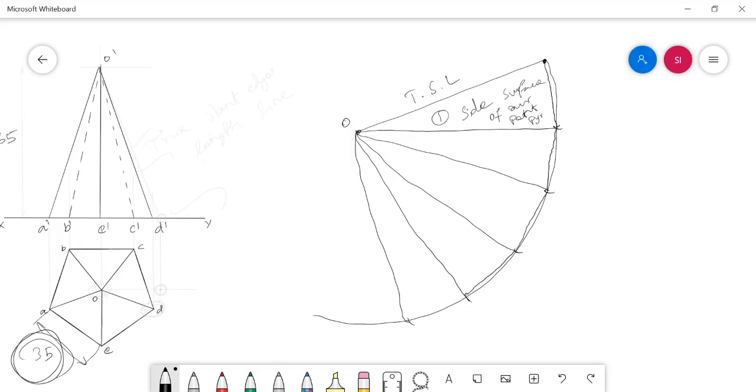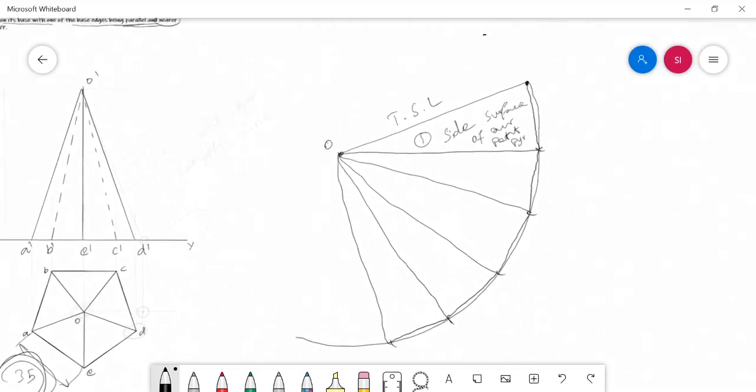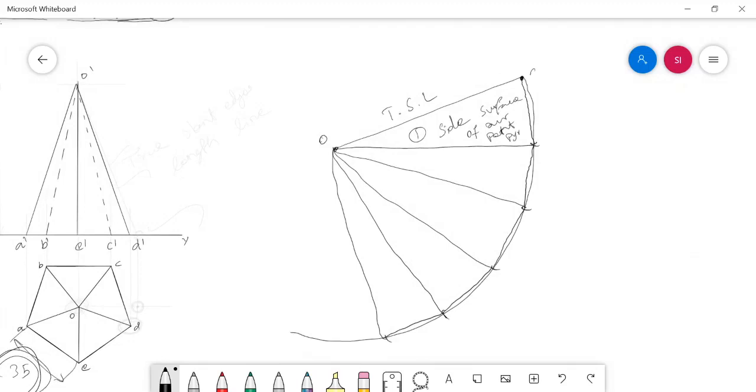I connect the cut points with the base corners, and I can give names starting from A, B, C, D, E and end with A, just like our parallel line method problem. So this is nothing but the radial line method of drawing the development of the pentagonal pyramid.